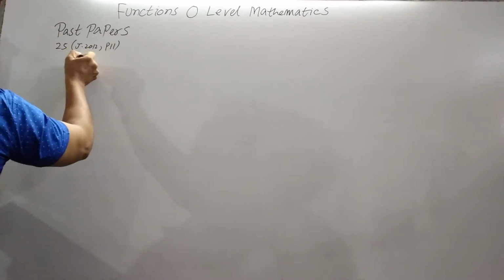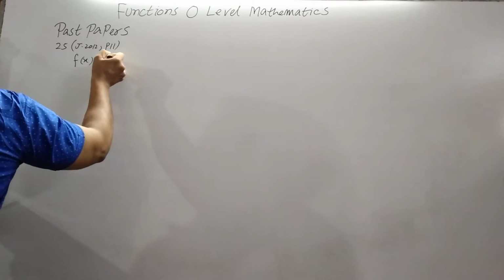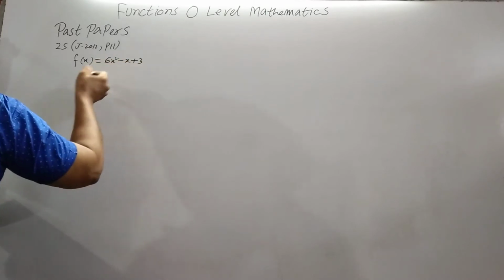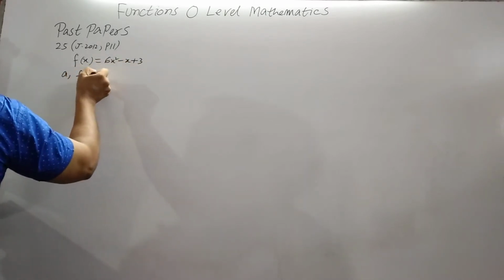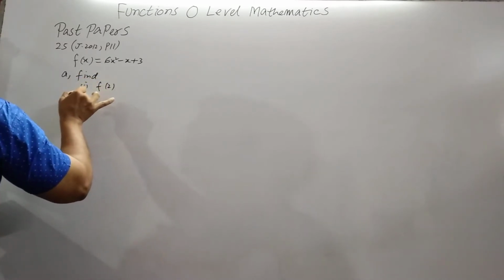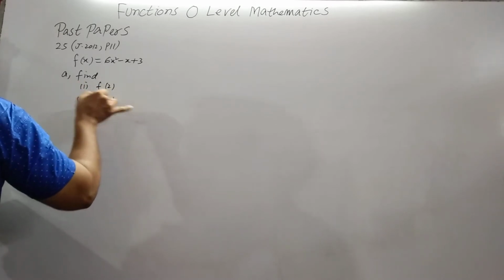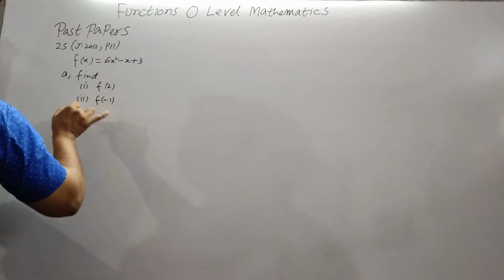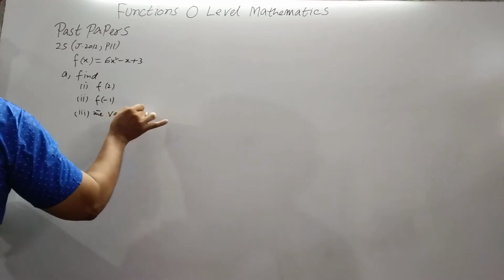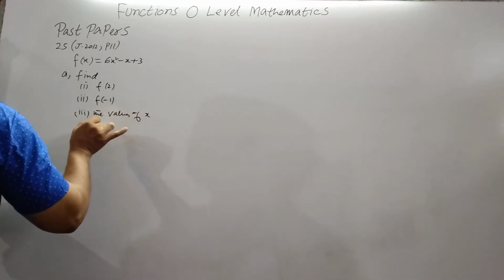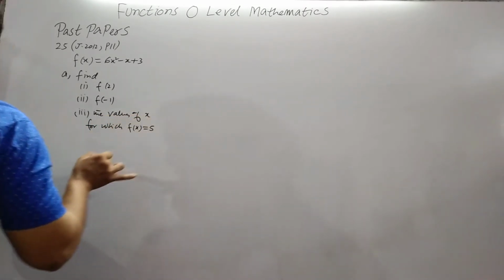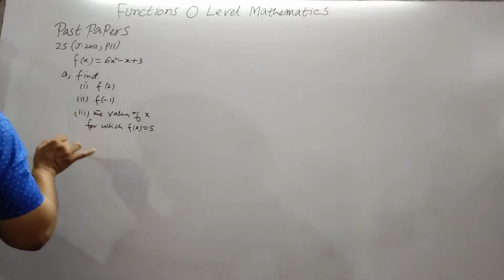The question is: if f(x) is equal to 6x squared minus x plus 3, part A, find 1) f of 2, 2) f of minus 1, 3) the values of x for which f(x) equals 5, and part B is write down